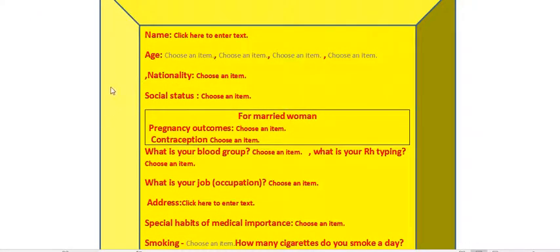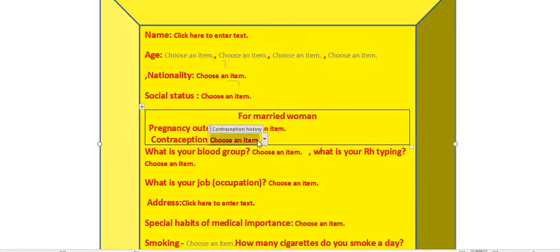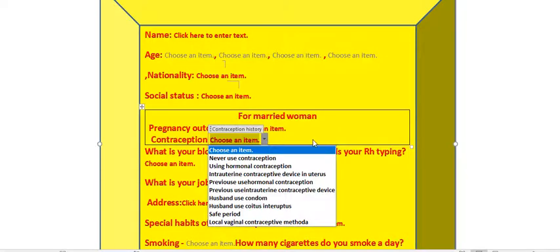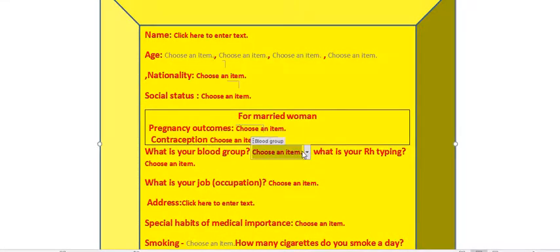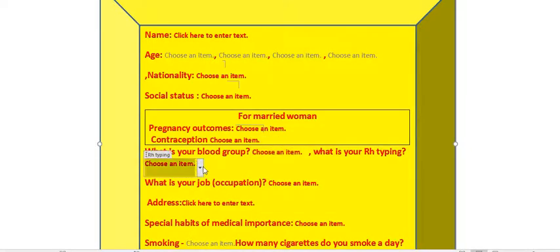The name of the patient, the age, how old is the patient, the nationality of the patient, and the social status of the patient. She is a virgin or married or divorced or widow. If she is married, how many pregnancies and outcome before, and if she is using a method of contraception or not. And also we will ask about the blood group and the RH typing. And then